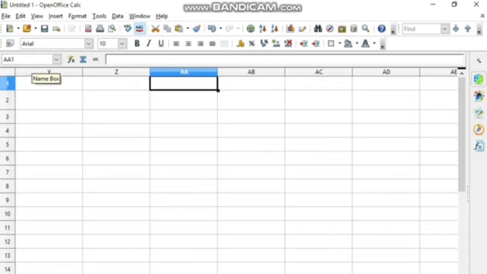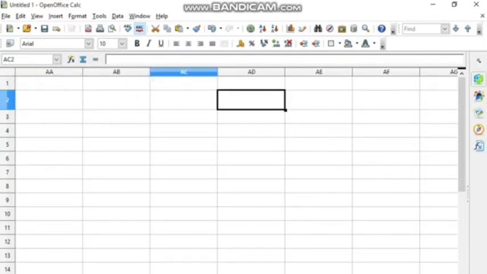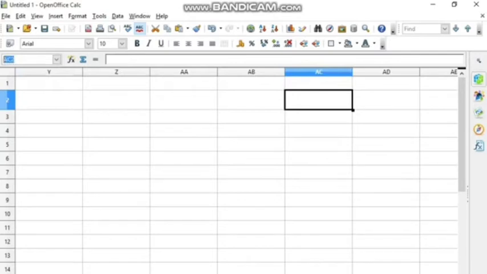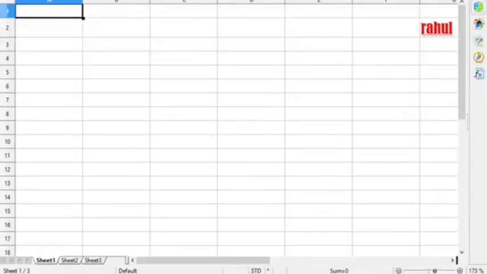And the same goes whenever you move around to a particular cell reference and you want to go back to the current active cell, you can just write A1, because A1 is the current active cell. You can simply write A1 in the name box and you will be on the A1 cell. So let us write it. You can see I have written A1 and I am on the current active cell now. So this is how you can work with the cell address bar, or you can say the name box of the sheet.